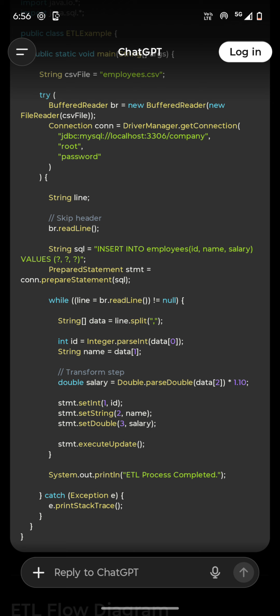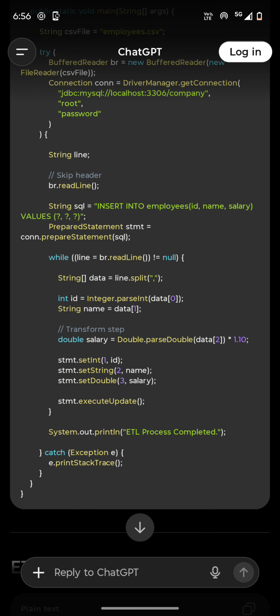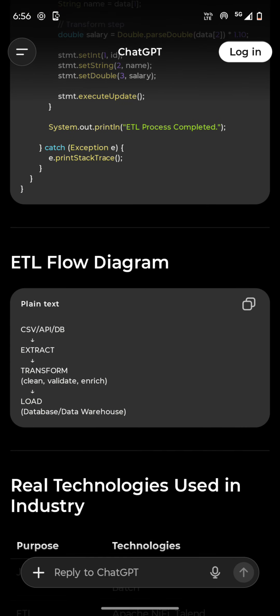from the CSV file. So there is a salary column in the CSV file. So we are getting that particular field, and we want to multiply that with some hike information. So there is a 10% hike for each salary. So that is the transformation step. So we applied a transformation step, and then we are passing these modified values, and then we are calling executeUpdate. So this is a simple example. Okay,